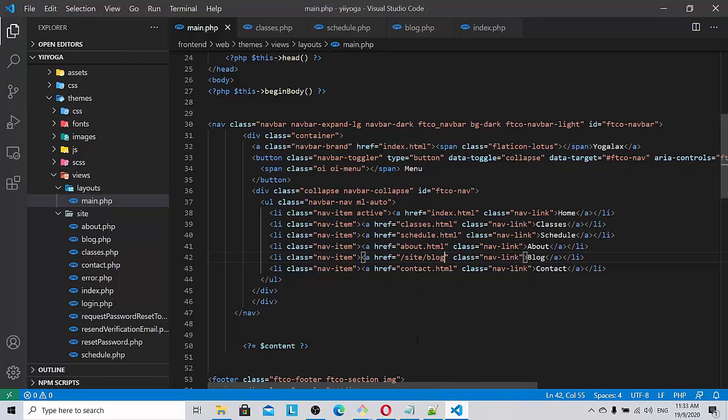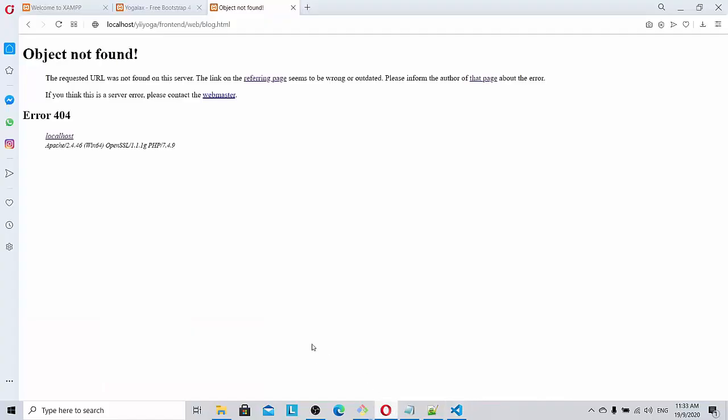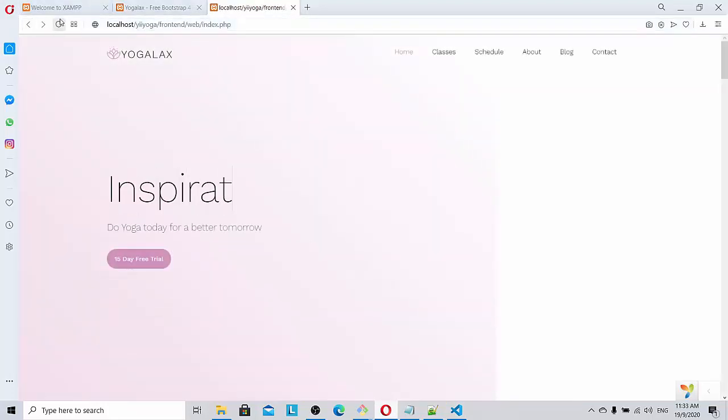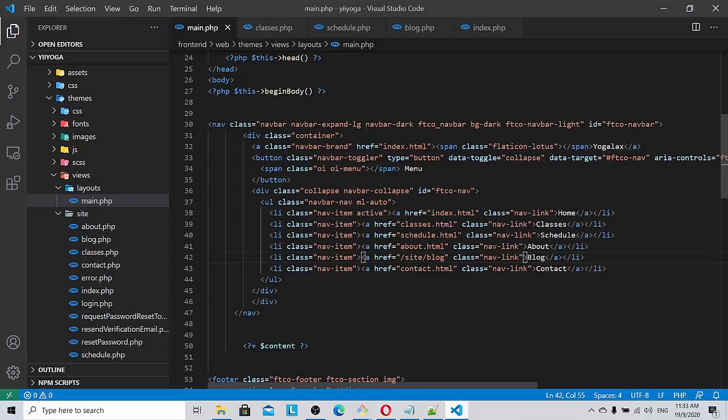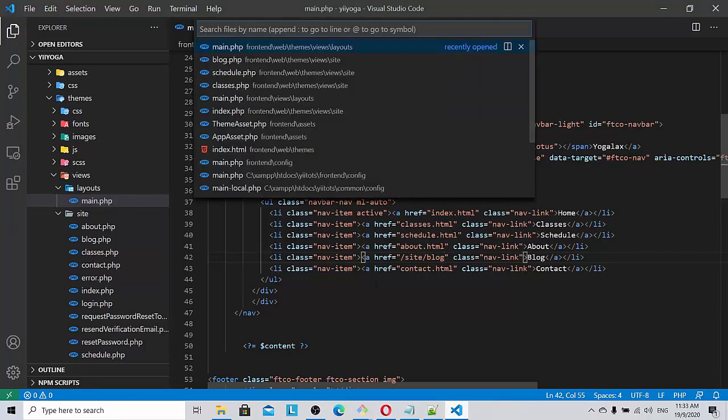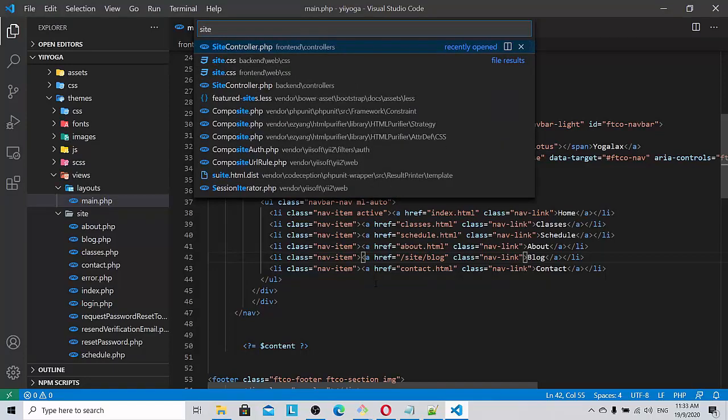Save. Again we will be seeing an error. So let's give a refresh, and blog. We'll get an error because why? The site controller does not have a method. So we go to the site controller in the front end,